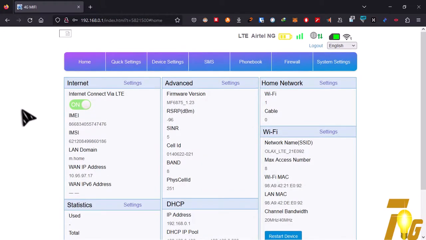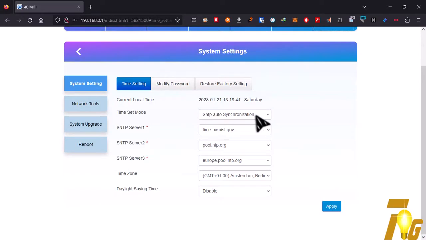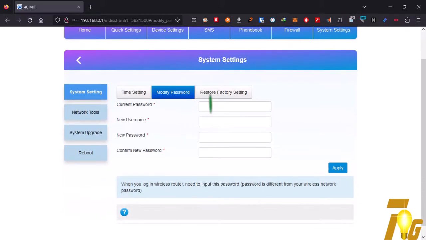So the first thing is to change the default username and password. How do I change it? Go to system settings. And the next one is modify password. See this place. So you put the current password, which is admin, the new username you want, the new password you want, and